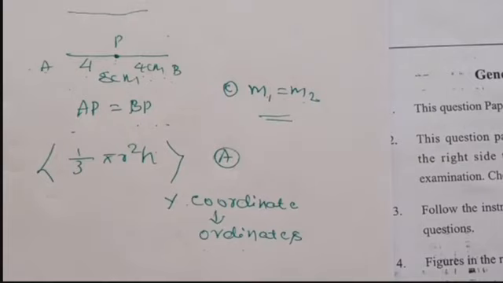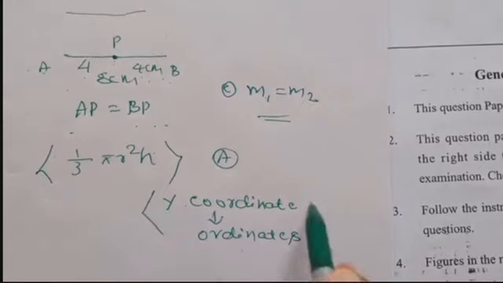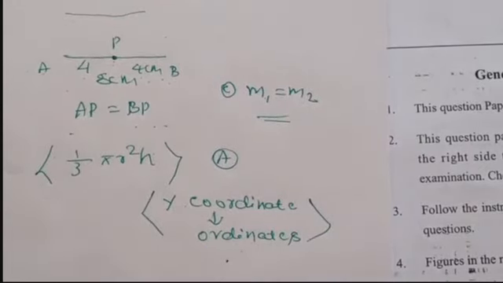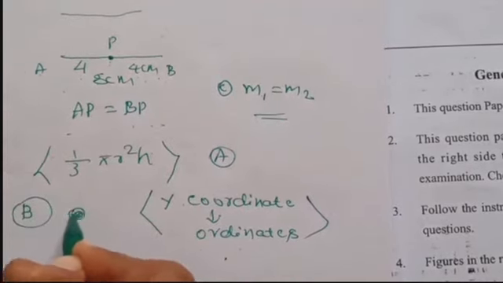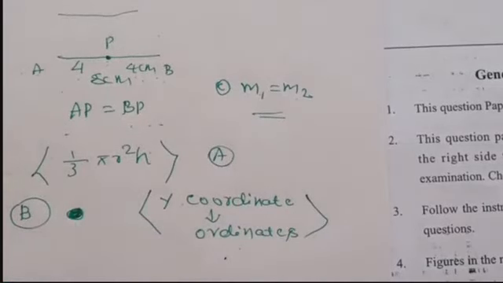Now in this question, what they are asking is the distance of the point from the x-axis. So it is called either y coordinate or ordinate. The options are origin, ordinate, abscissa and parabola. So what is the answer? The answer is ordinate. So B option is correct. You need to shade the B option. Now, if they have asked the same question in a different manner, the distance of a point from the y-axis, then the answer will be x coordinate or abscissa.